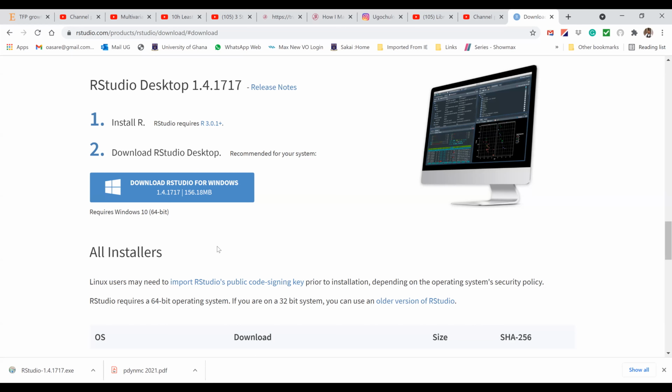Once RStudio has been installed, ladies and gentlemen, when you go onto your desktop, you will see an icon called RStudio. It is the RStudio you will open. In fact, if you can't see it,